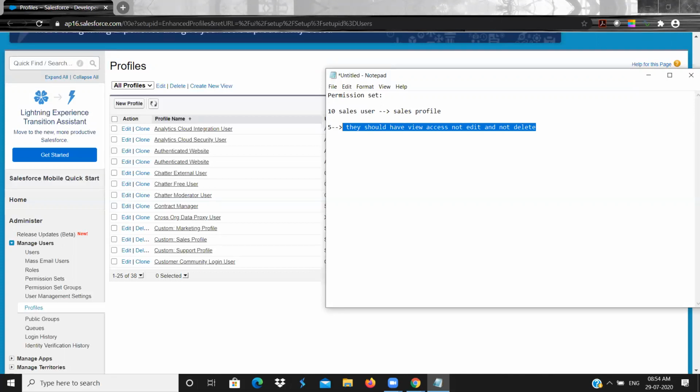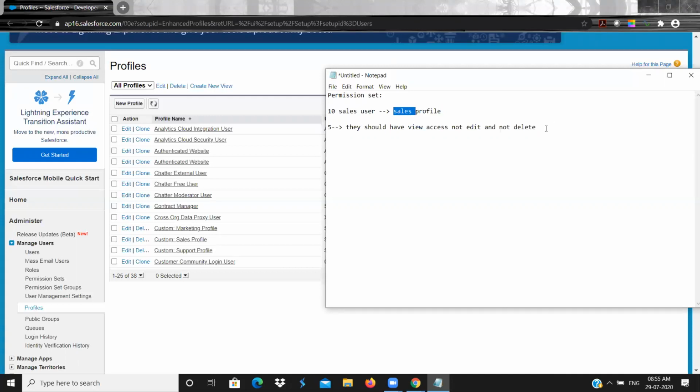After a few days they will come and tell you to revoke it, or they will ask for more objects to be added. So creating a different profile is not possible, and that is not a good solution either. The same profile is used by 10 people, but I need to give some access specific to these 5 users with the same profile.